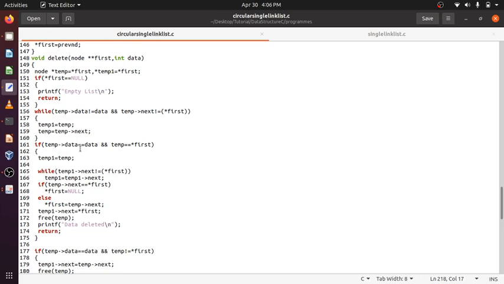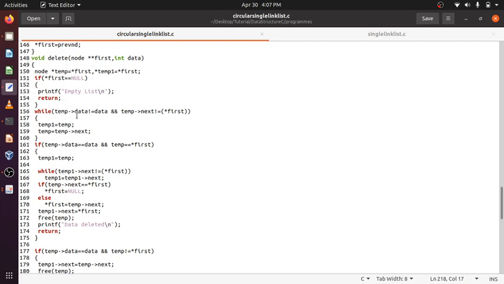If the linked list doesn't contain only one node, if it contains multiple nodes and I want to delete the first, then it will simply iterate till the last. It will find the last here. First will be made temp next, because temp will hold the value of the first element. Say the linked list has 10 nodes.